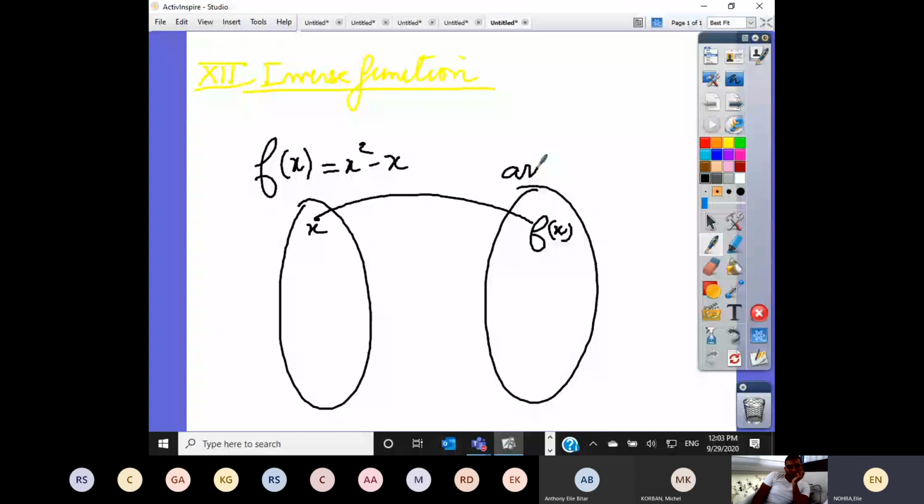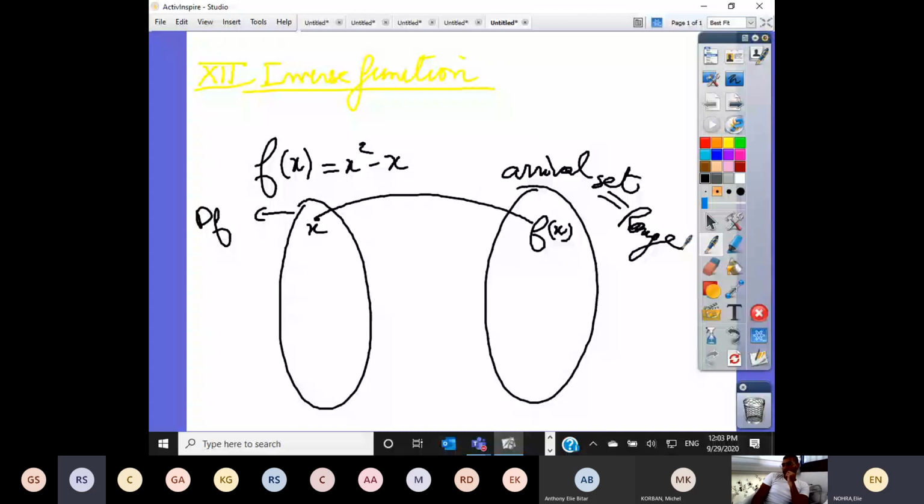Okay? Do you get this? And this is called domain of definition. The arrival set is also called range of a function. Are you with me? Yes, sir. Okay. Now,